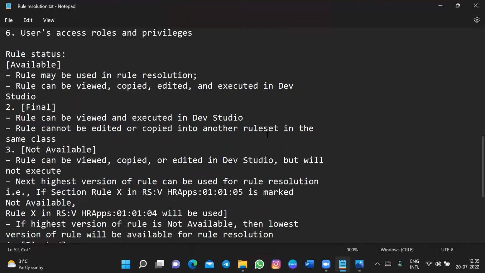Then how can you execute? That's the matter. As the name itself suggests, it can be viewed, copied, or edited. We can't execute. And next, the most